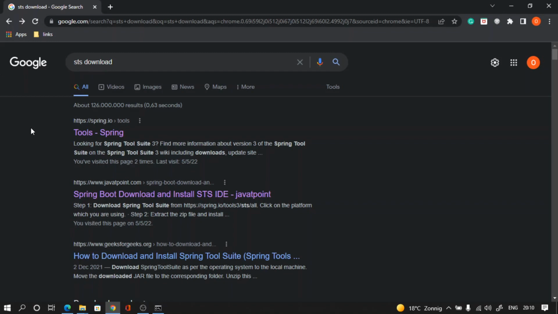Welcome. In order to do development with Java Spring Boot, we need an editor. There are many tools or editors available, but we are going to use something called STS, which is Spring Tool Suite. So we have to download this software and install it on our computer. Go to the browser and type STS download. Then you will land on this screen. Click on the first link,